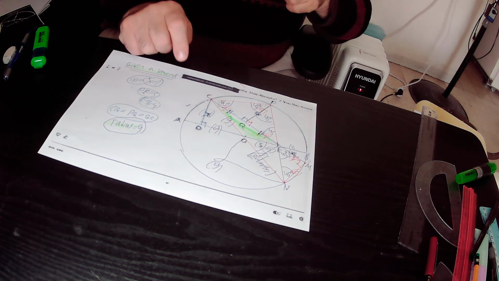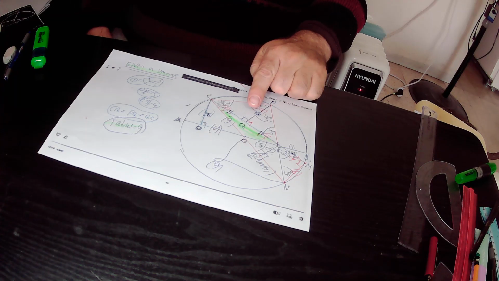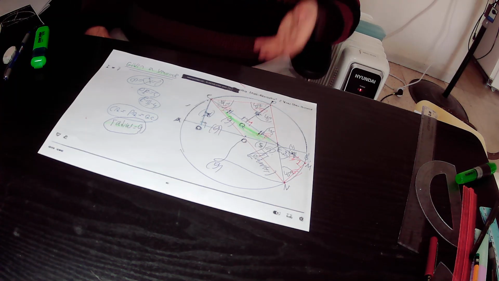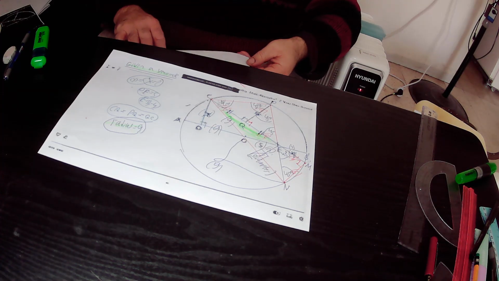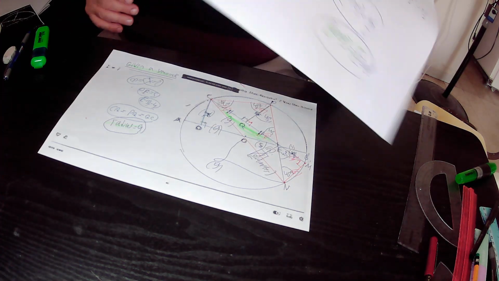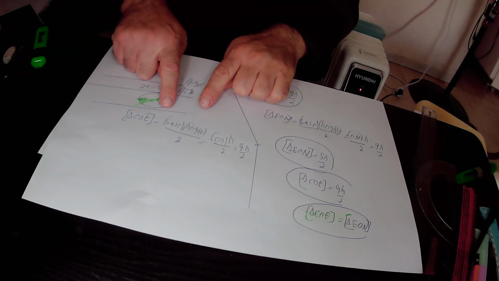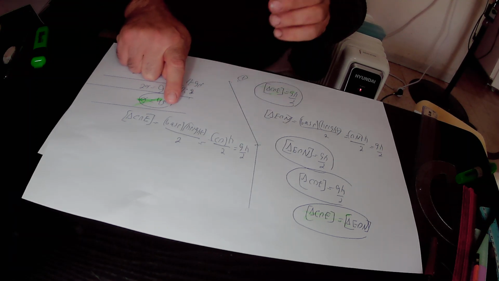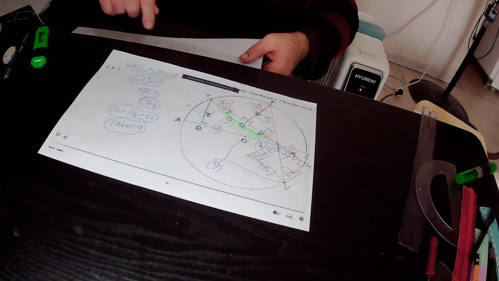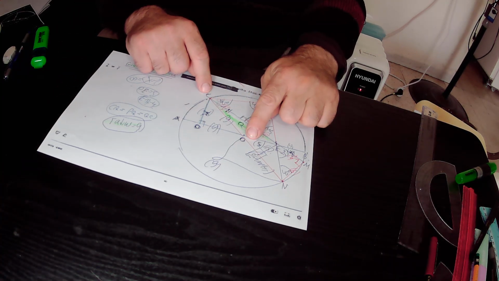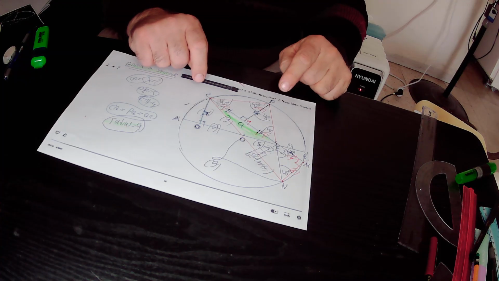So in the next step, we calculated the area of this green triangle, triangle COE. We know that the area of any triangle equals the base of the triangle times the height over 2. Therefore, the area of the green triangle COE must be equal to the base of the triangle times the height over 2. We choose the base of this triangle, the green triangle COE, as CO, and CO equals 9. The height to the base